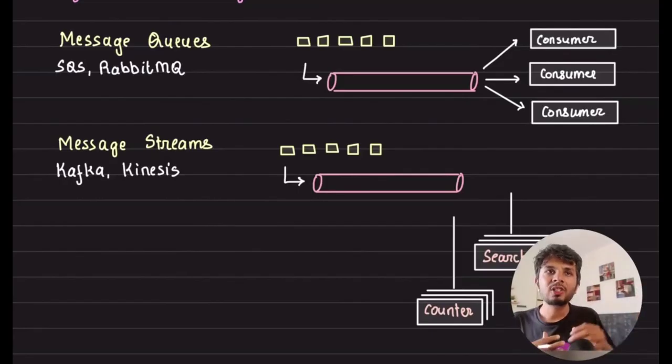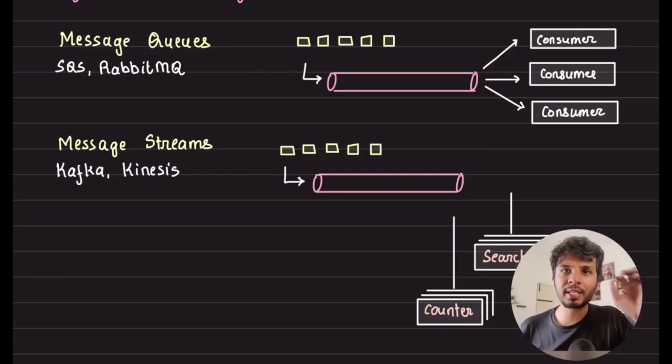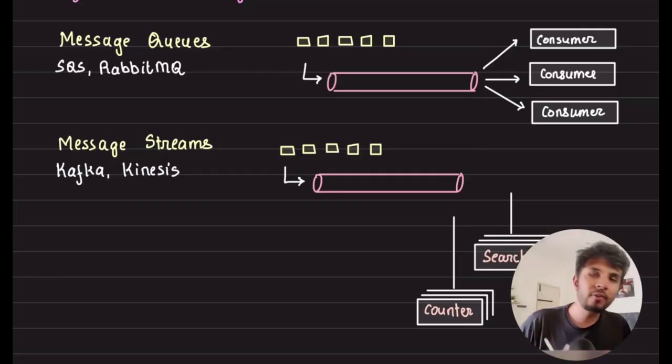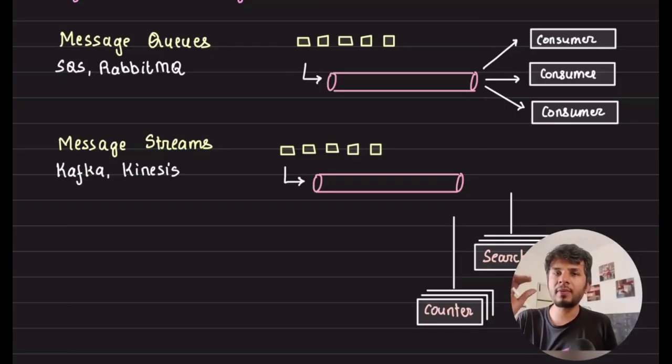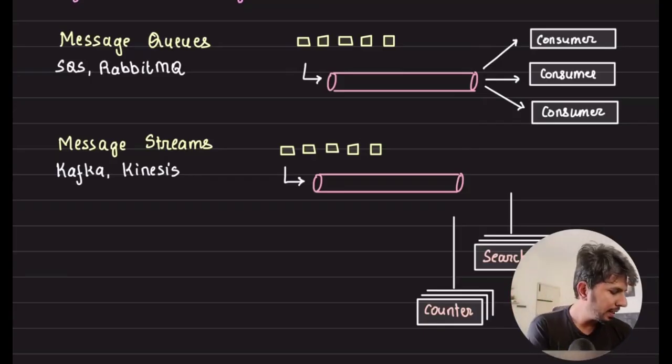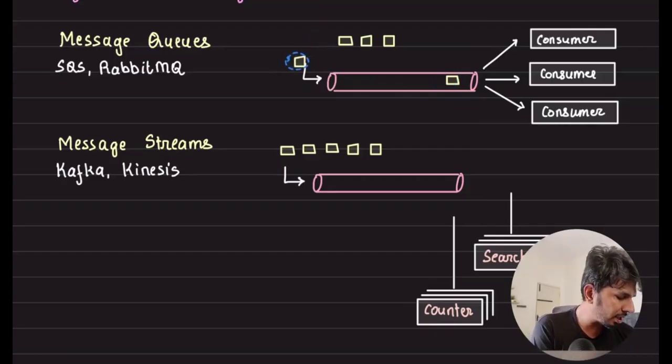You'll understand it. So message queues, let's talk about message queues first. In message queues, examples were SQS and RabbitMQ. Now here, let's say I have 4 messages to send, and I have 3 exact same consumers doing the exact same thing. Whatever they are doing, the exact same thing. When you send a message in a message queue, the message goes and sits in the front of the queue. The second message comes and sits after that, third after that, fourth after that, fifth after that.